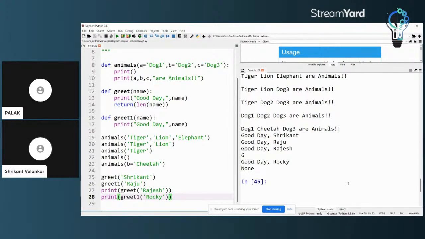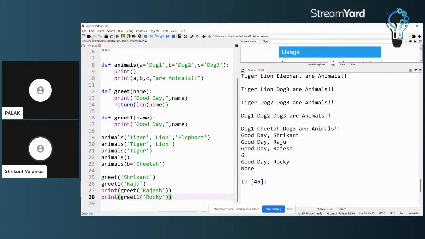If you try to store it in a variable or print, it will show nothing, because it doesn't have a return statement inside it. Python treats it as nothing returned, and indicates so by a keyword called None. Okay, fine. So this is as far as the functions are concerned.